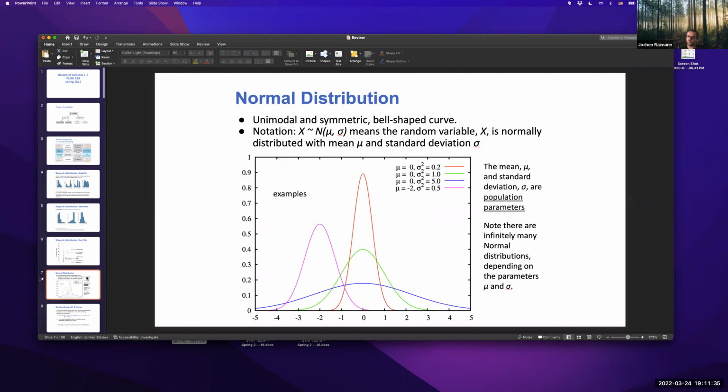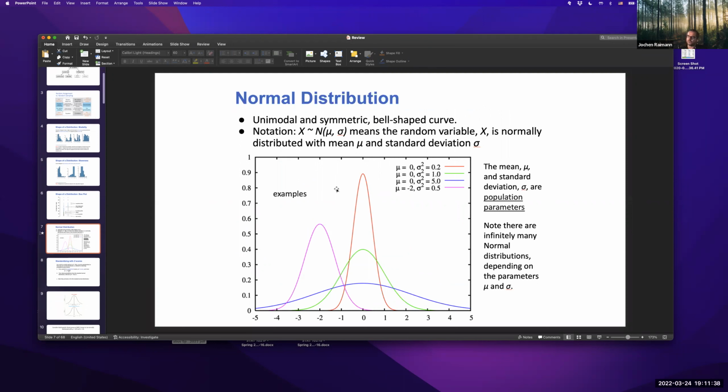Then you have a normal distribution. Understand the principal assumptions of a normal distribution: it's symmetric, bell-shaped, and unimodal. If you have a notation like that, it means that N stands for normally distributed around a mean of mu and a standard deviation of sigma. This is a common notation that you will see in the following classes of biostatistics that you will be doing.